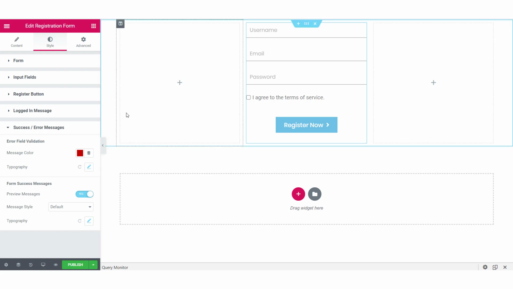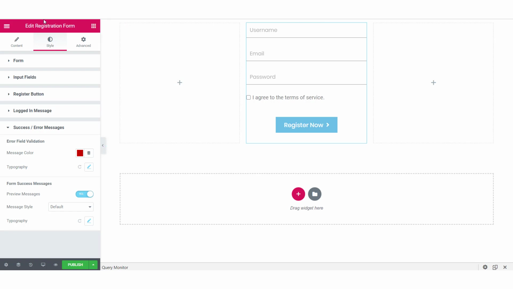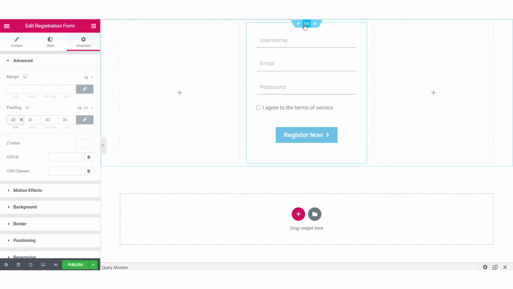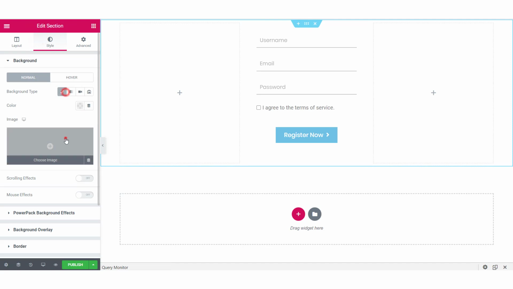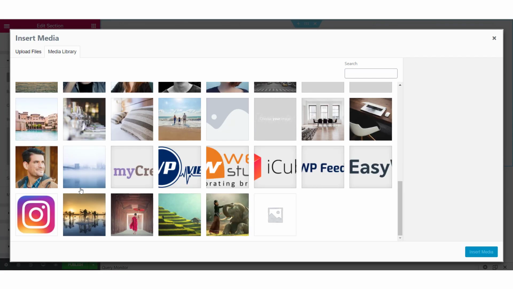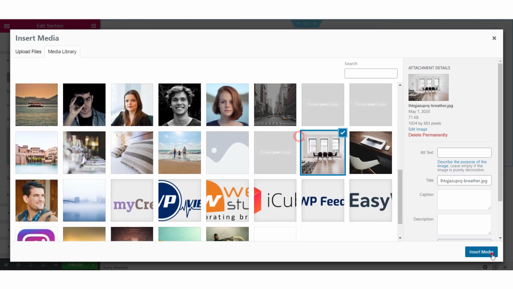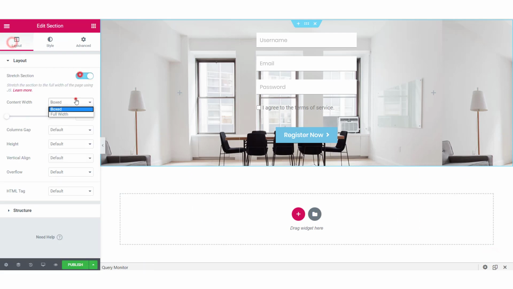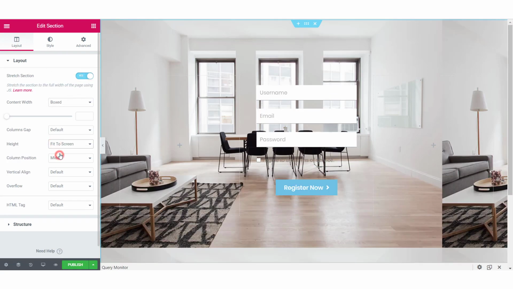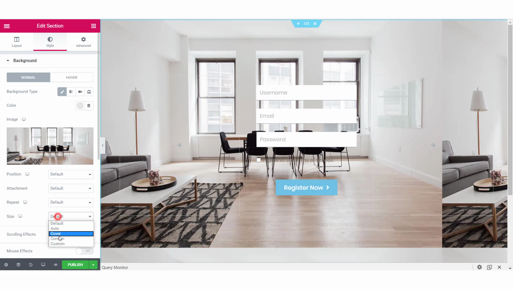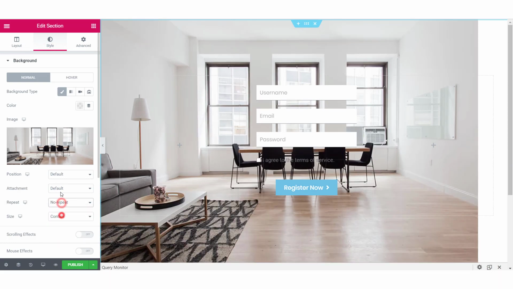Now once you are done making all the customizations, you can go ahead and complete your registration form page. I will just complete the remaining page. I'm going to add a background, a heading and a subheading for the registration page. Make sure it matches the styling of your whole website.